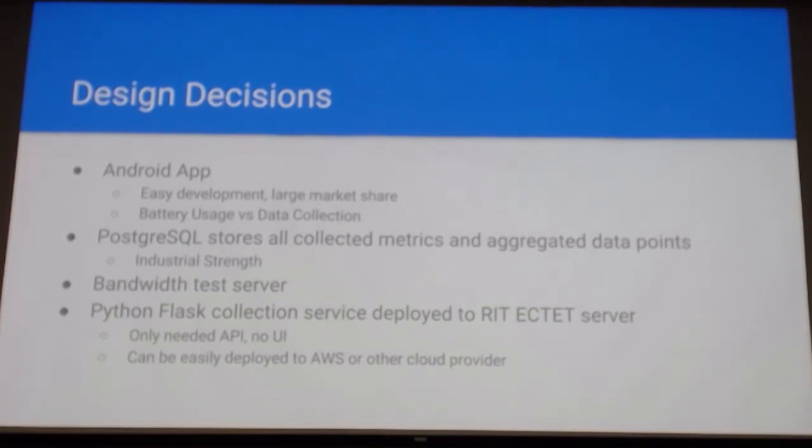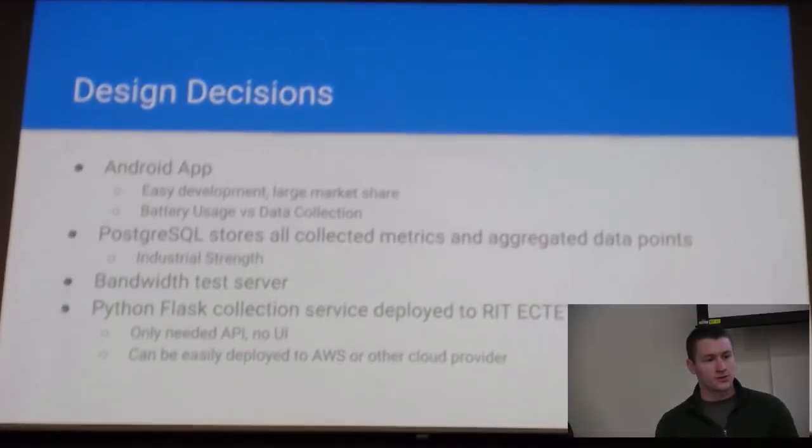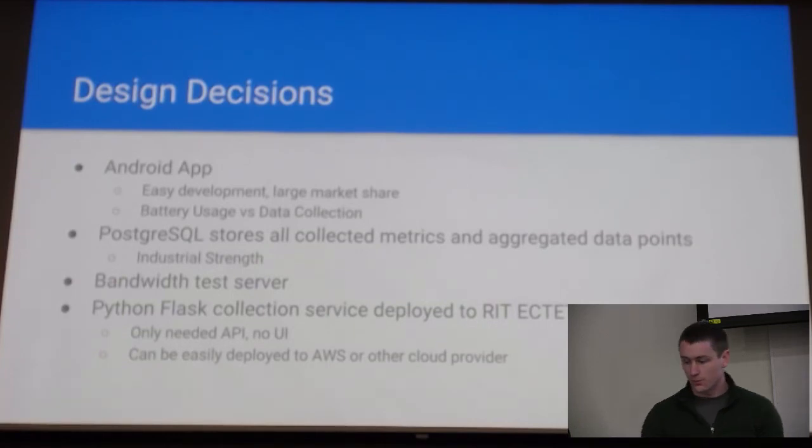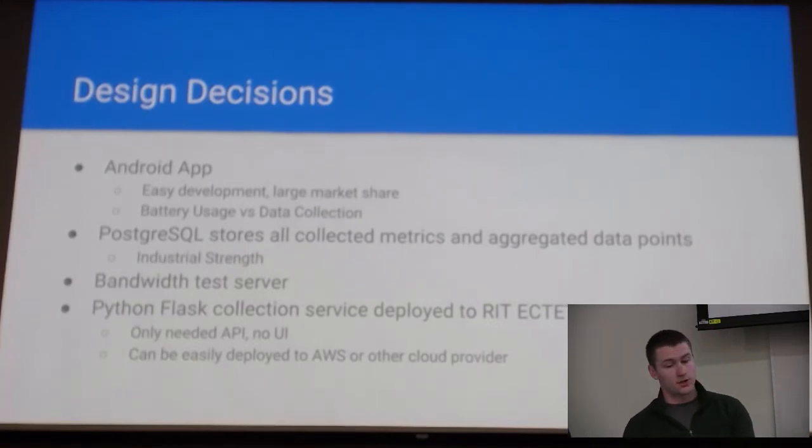So we chose to use an Android app primarily because our sponsor already had a proof of concept app working for Android. This proof of concept app was really rudimentary. Basically, it just took a log of what different cell towers you could see and the signal strength. But to get that data off the phone, you had to put in your email address and have it emailed to your account, and then parse through this huge text file. So it was really unwieldy and didn't meet any of the requirements that we wanted to provide. But we decided to build off of that rather than starting from scratch, so that we could start delivering features